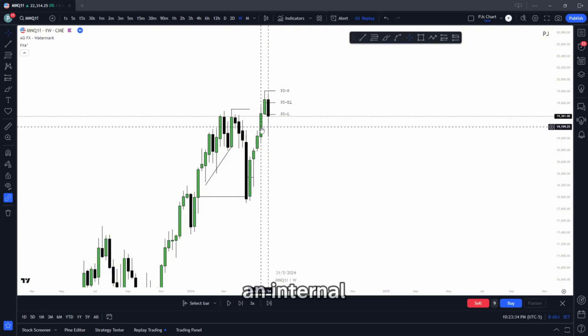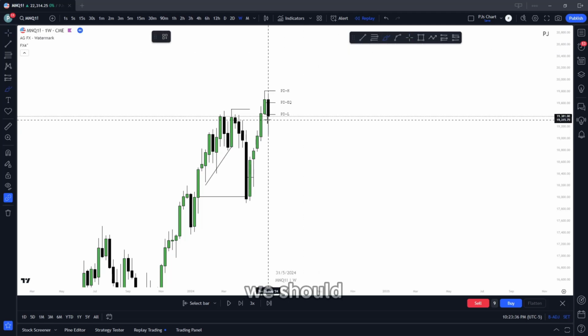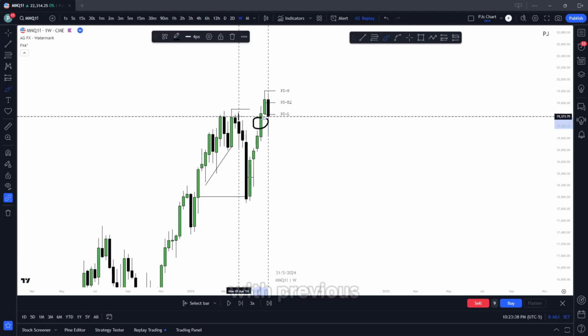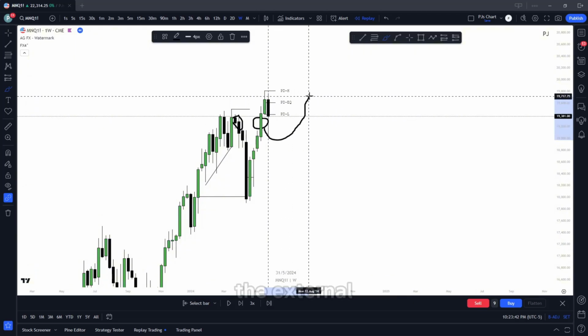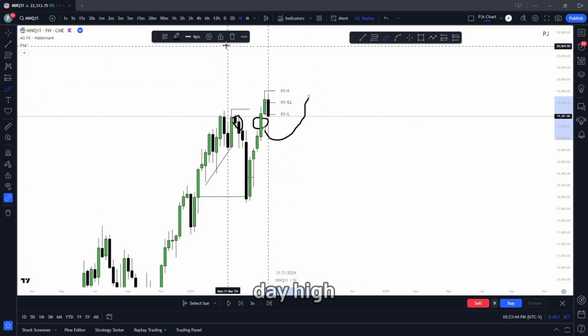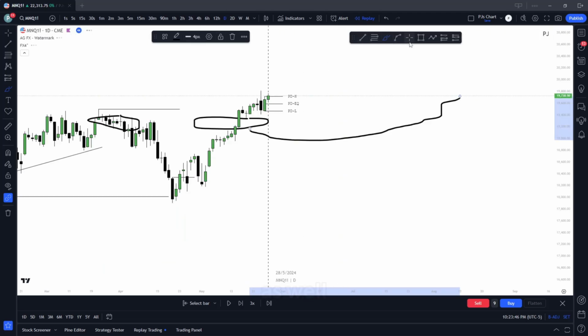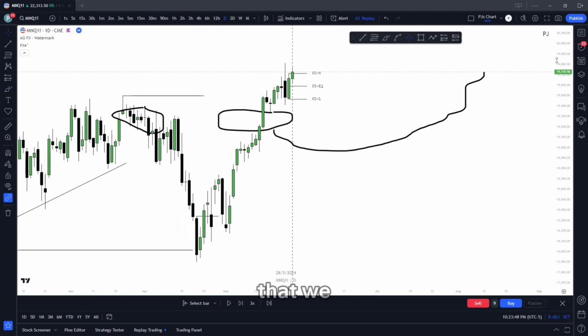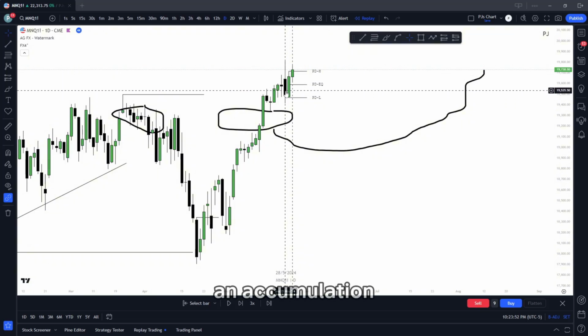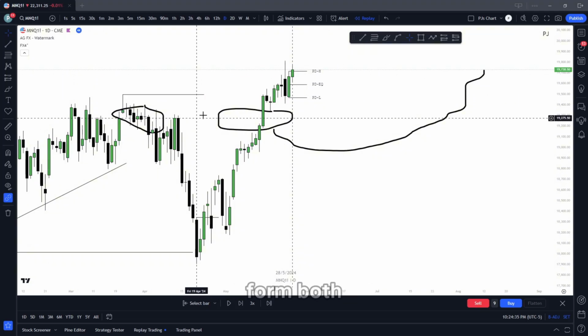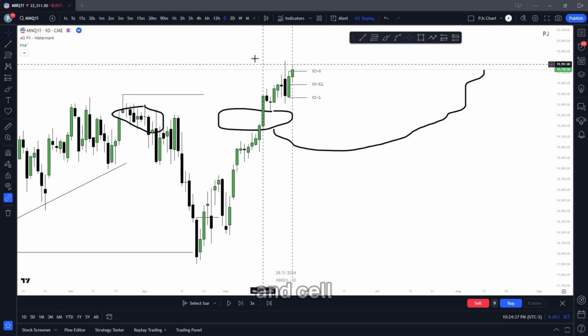So on an internal to external standpoint, we should use this fair value gap with previous down closure candles to support price to the external above previous day high. If we look on the daily chart as well, we notice that we have a very indecisive candle. Like we talked about, this is an accumulation range candle where we form both buy side liquidity and sell side